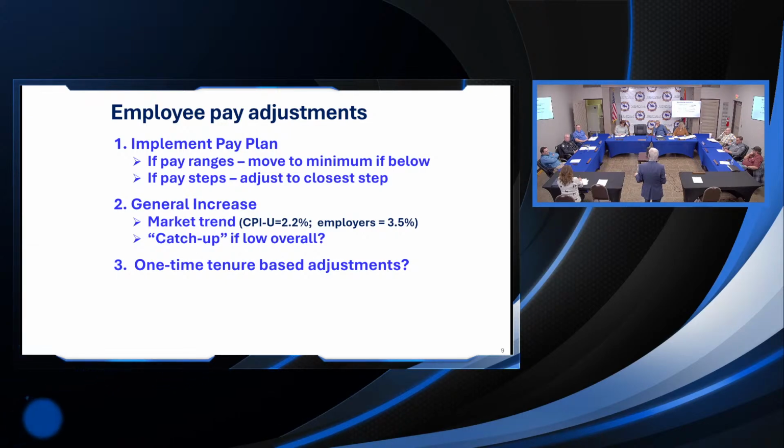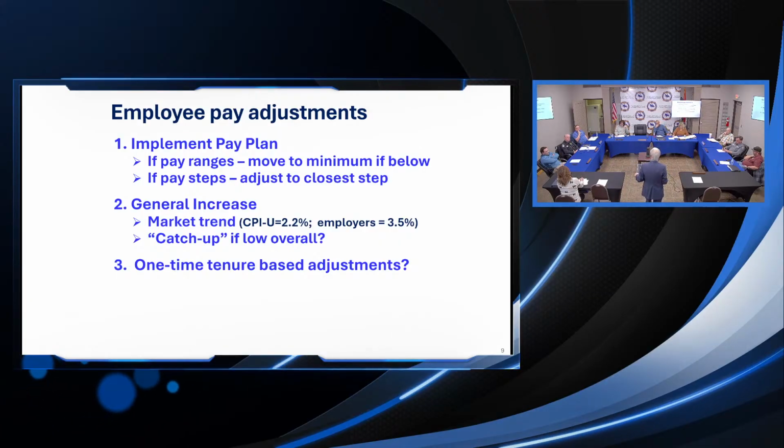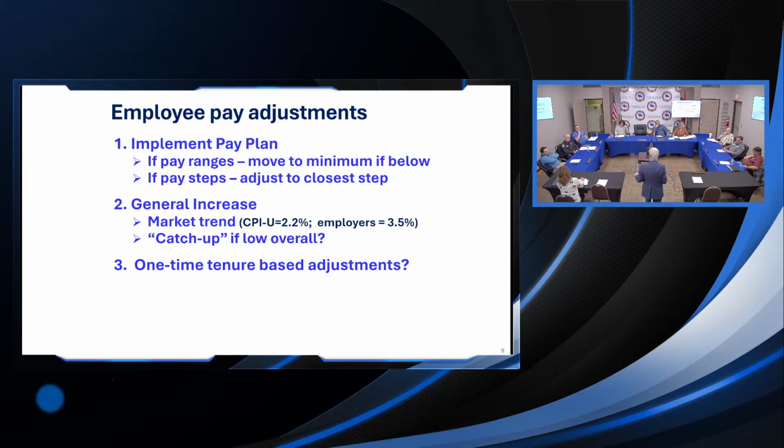But the more important numbers, what are employers doing with respect to inflation and market, everything else? And the projection for this next year is 3.5%. That's a national number. It's projecting that overall, all industries, all locations in the U.S., or this is the Southeast actually, employers are projecting to adjust wages and salaries for all reasons, merit, COLA, everything, 3.5% for next year.